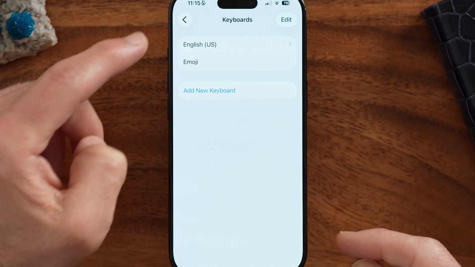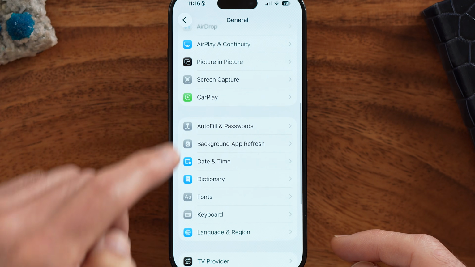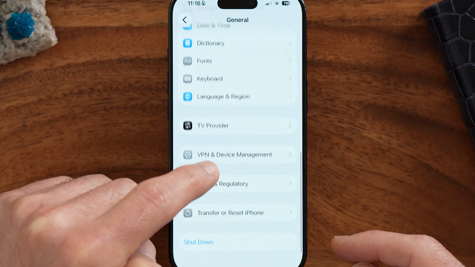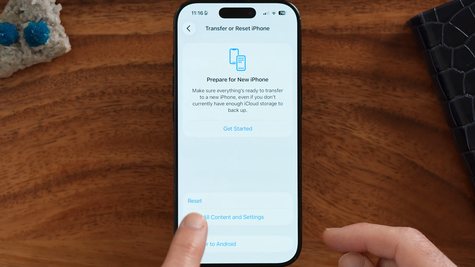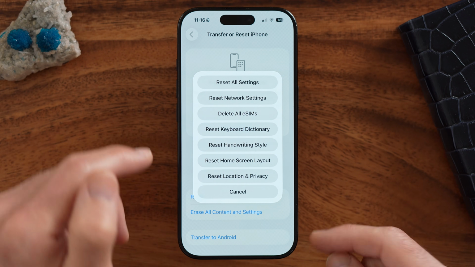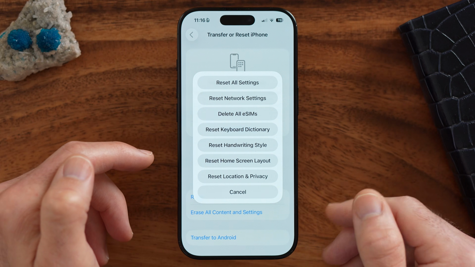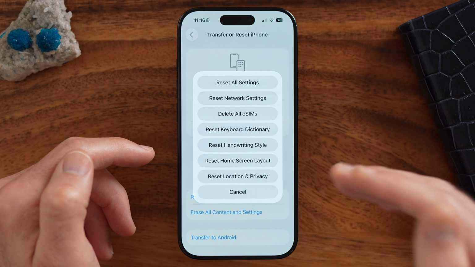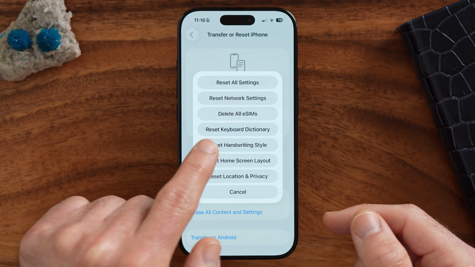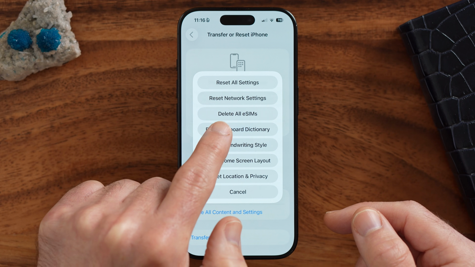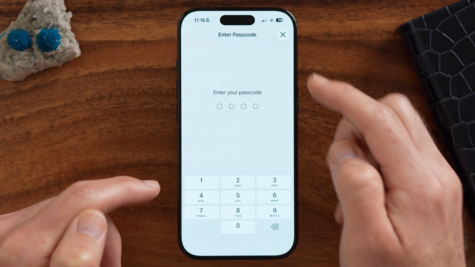Now, the second thing I would recommend doing is just going back 1, back 2, and then we're going to go down to the bottom until we get to Transfer or Reset iPhone. Just tap on that and then tap on Reset. Now, the nice thing is you can reset your keyboard on your iPhone. iOS 26.4 also has really cool new features and improved accuracy in the keyboard. So I would recommend tapping on Reset Keyboard Dictionary and then just enter in the passcode for your phone